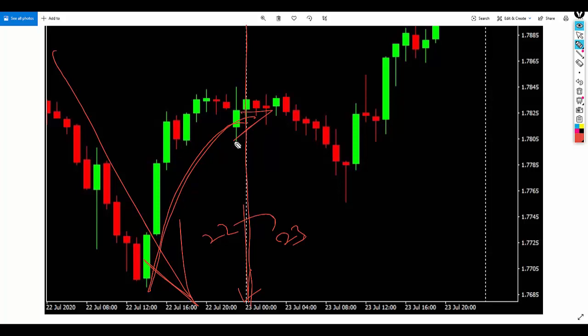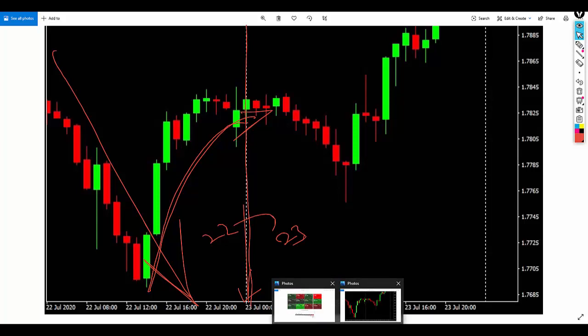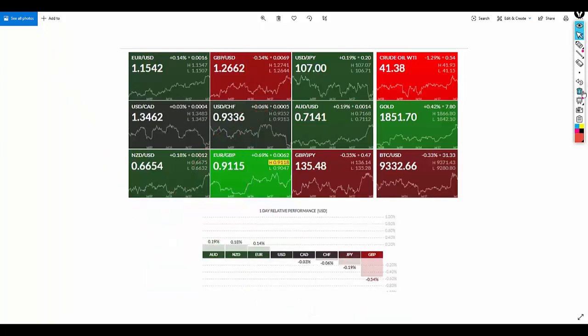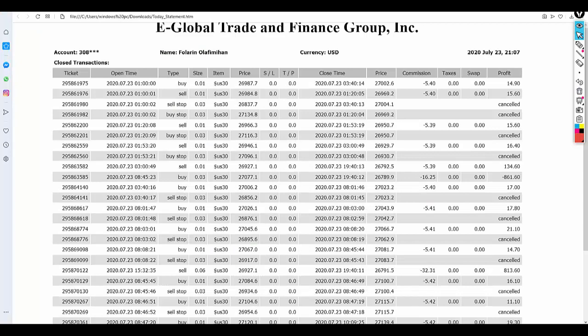So this is how you use this website to analyze and to know the direction you have to go in the market. I think this has cleared the question I asked and the answers that you guys are giving to me. Then we need to go to the second issue that we were discussing in the morning,